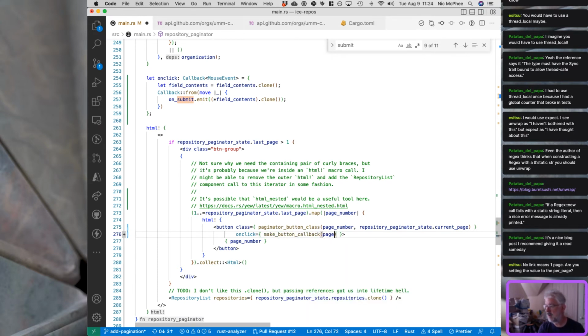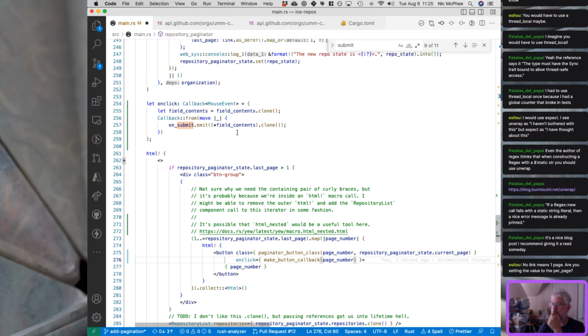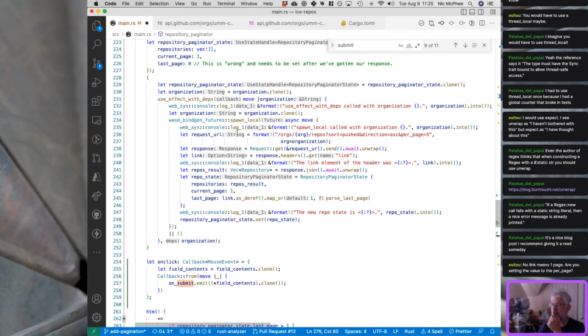That's going to take the page number as an argument. And I'm going to need a function which could be